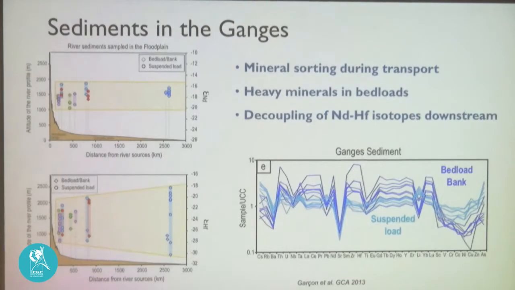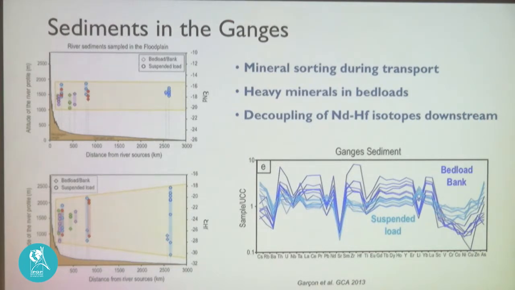So what did we see there? What happened during sediment transport along this very big river? I plotted here the altitude where the sediments were sampled along the river. So here is the Himalaya, going up, and the samples were collected mainly in the plain. So you see, it's low altitude, all the way to the ocean. What we see is that whichever samples are measured, they always have the same neodymium isotopic composition. It doesn't change when you go down the river.